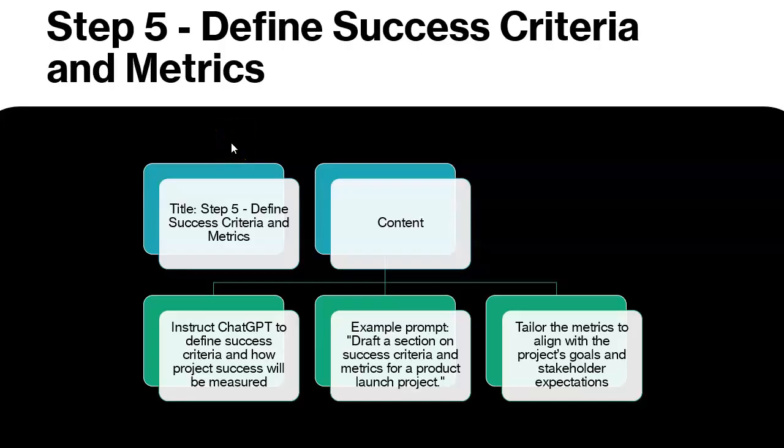Step 5. Define success criteria and metrics. So step 5 is about defining success criteria and metrics. These are essential for measuring the success of your project. Instruct ChatGPT to define this section with a prompt like: draft a section on success criteria and metrics for a product launch project, and then tailor the metrics to align with the project's goals and stakeholder expectations. So I'm just going here, let's see,